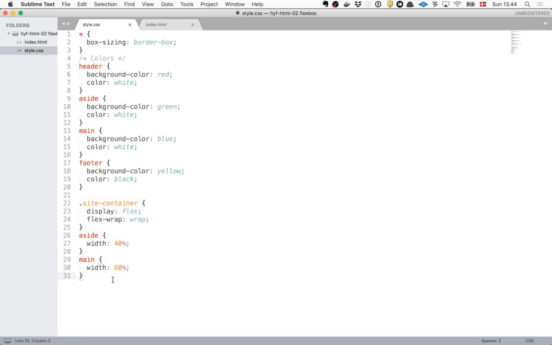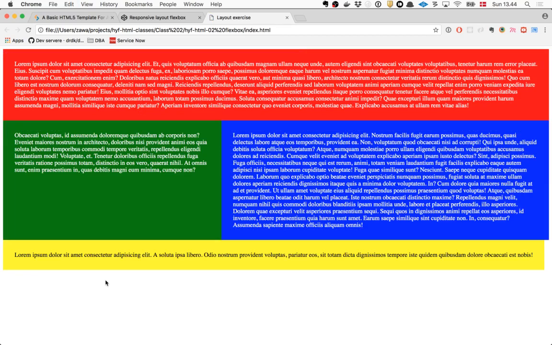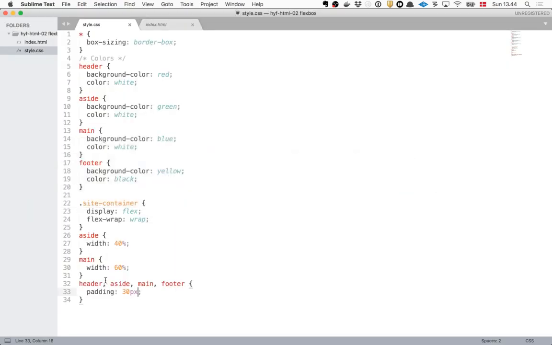There's one thing that we haven't done that we did on the other one, and that was applying padding to all the elements. So let's just try to do that. Aside, main, footer. So that's actually the flex layout. I'll just show you the code so you have a chance of catching up.